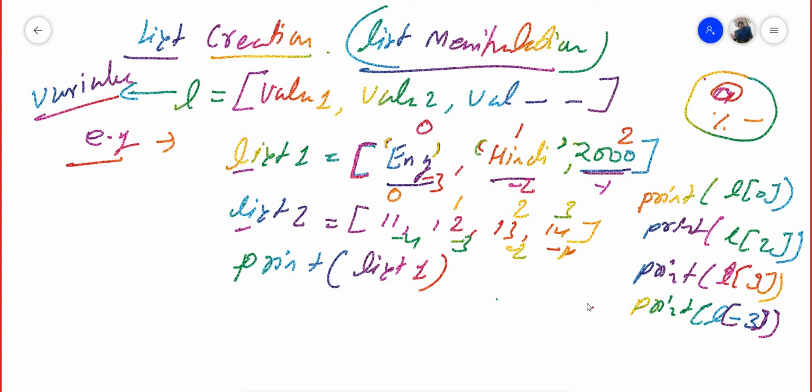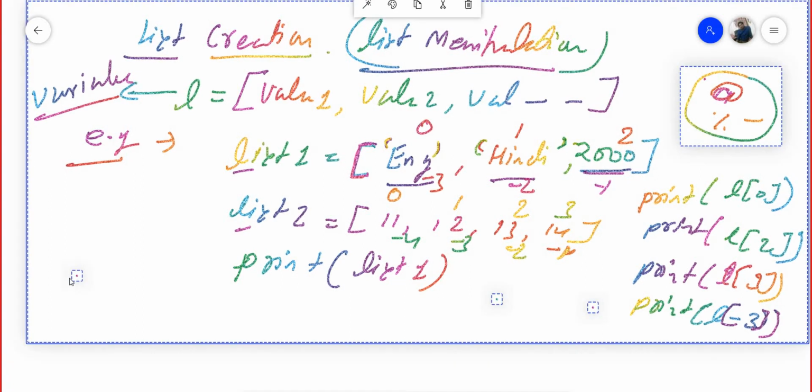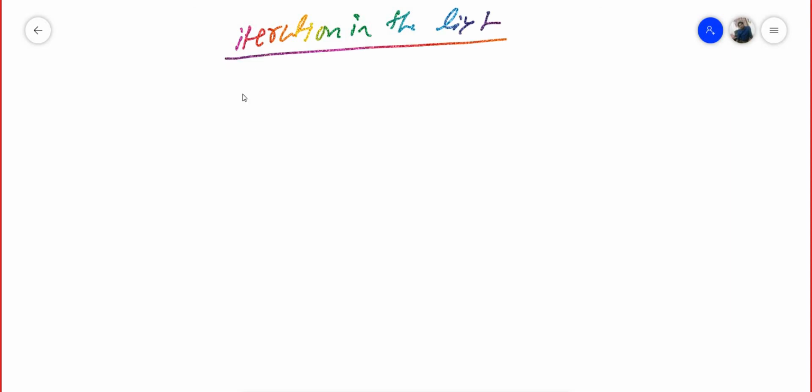Now see, now let's do a little bit of iteration in the list. Okay, iteration is done by using a for loop.